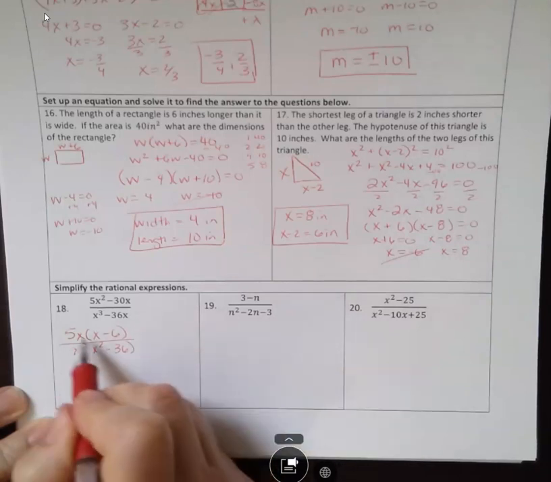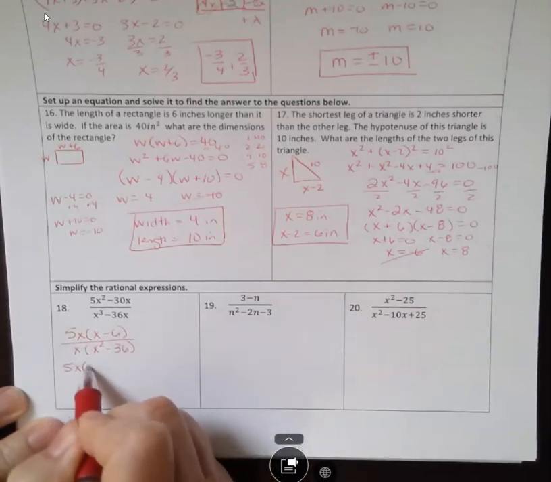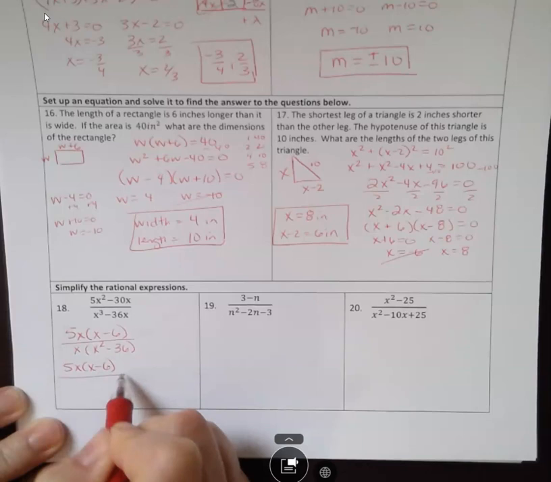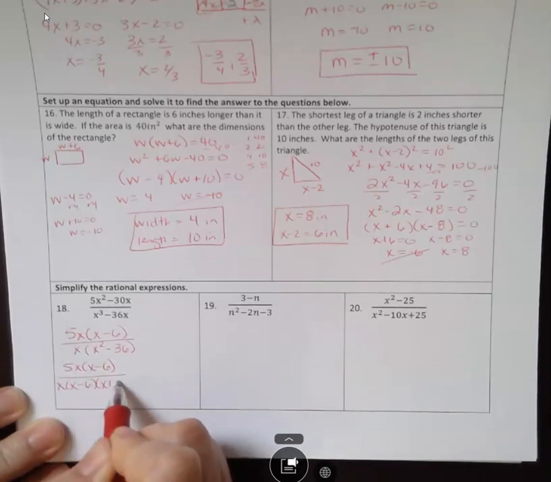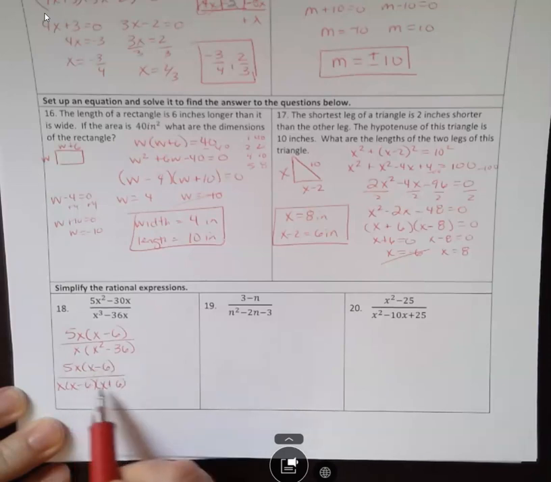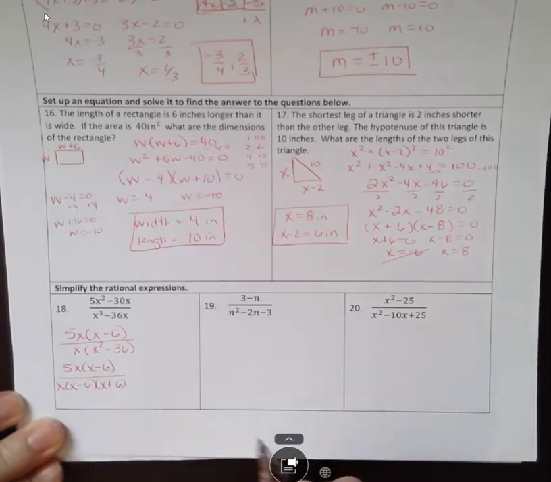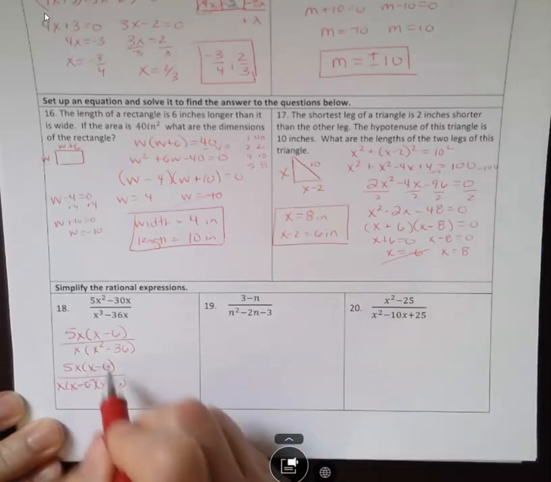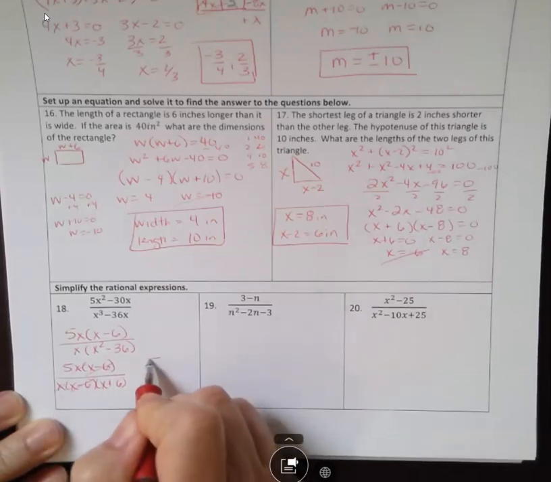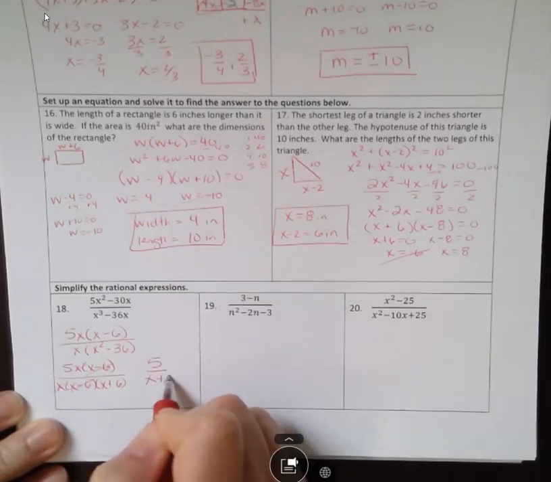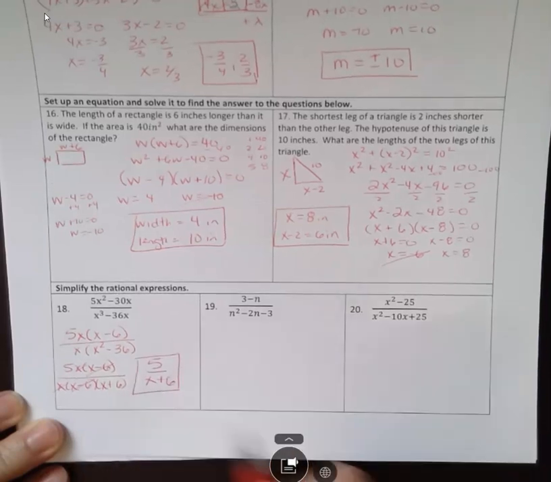I'm going to do nothing with the top because it's still just 5x, x minus 6. But down below I have x and x minus 6 and x plus 6. Remember, x squared goes to x and 36 goes to 6 and 6, one plus and one minus. Then I can see that I have a common factor of x minus 6 I can cancel, and a common factor of x that I can cancel, which leaves 5 over x plus 6 as my final simplified